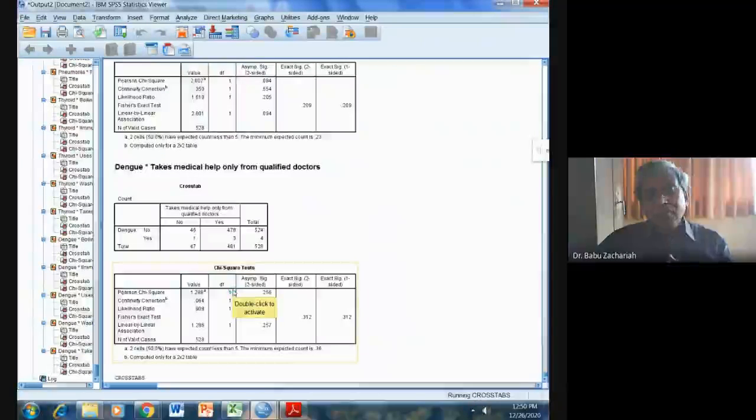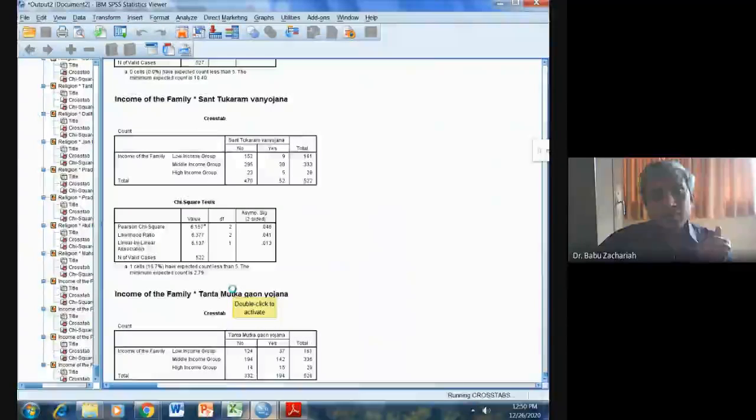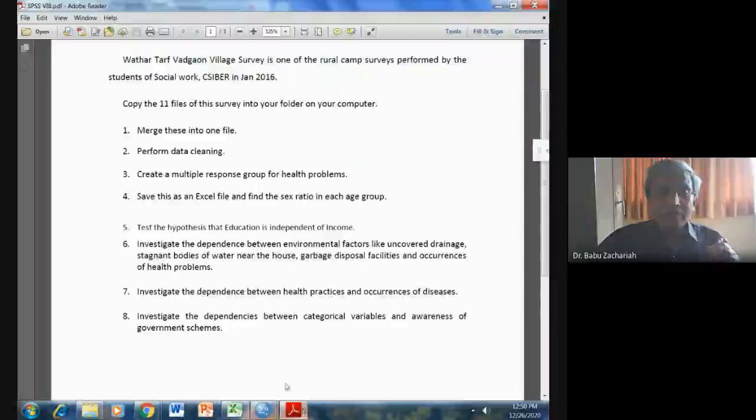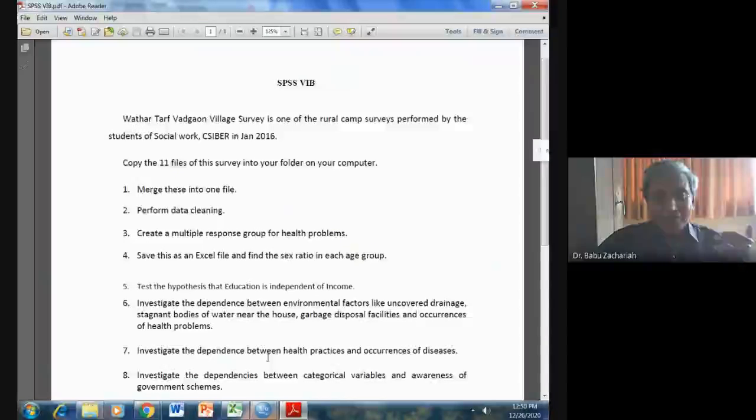Again, it will generate a large number of tables. Out of them, just identify the ones that are significant, and you can conclude that the corresponding two variables are dependent. So with this, we complete this exercise, and this is the last exercise. So we have completed the SPSS